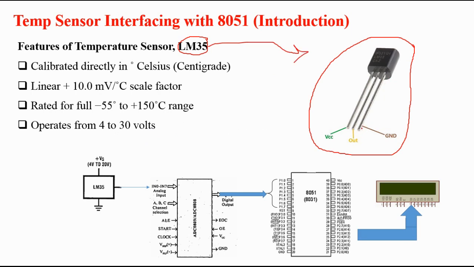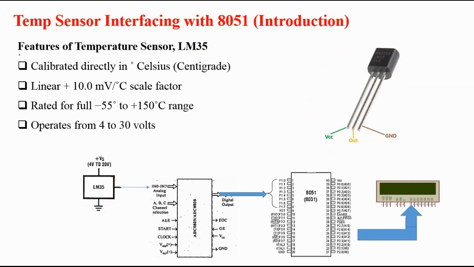It has 3 terminals. The rightmost is the ground terminal, that's why one terminal is grounded at this place. The leftmost terminal is the VCC terminal, so at the other end we have connected it to VCC, and the middle one is the out signal, meaning whatever variations in temperature are detected by this sensor, the sensor will convert that temperature variation into electrical form. So here you will get an electrical output, and that output should get connected to the ADC, that is the analog to digital converter. So we have connected this temperature sensor to one of the input channels of the ADC.